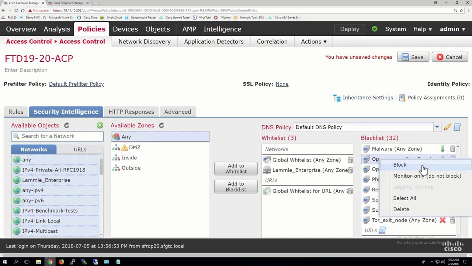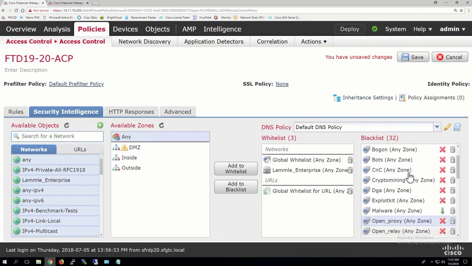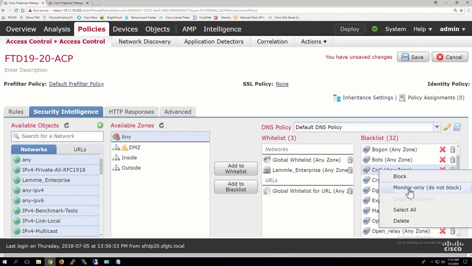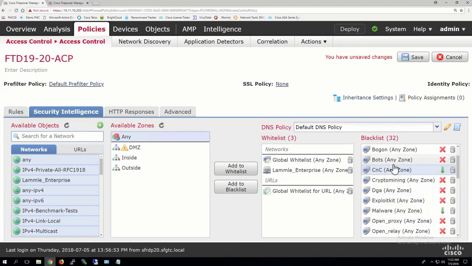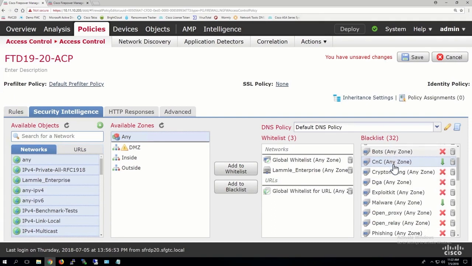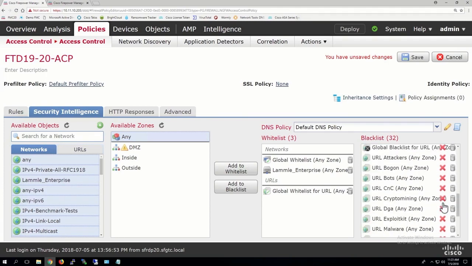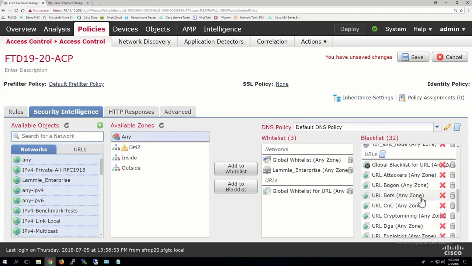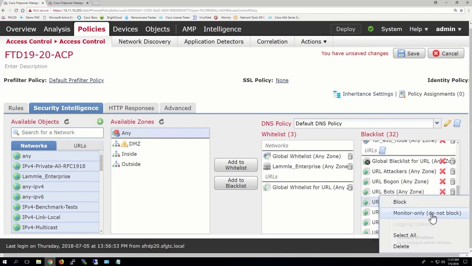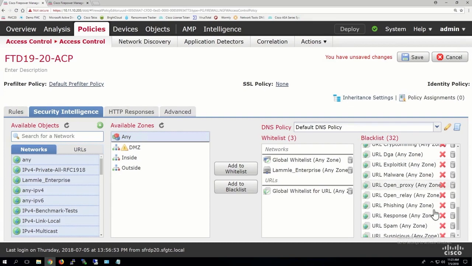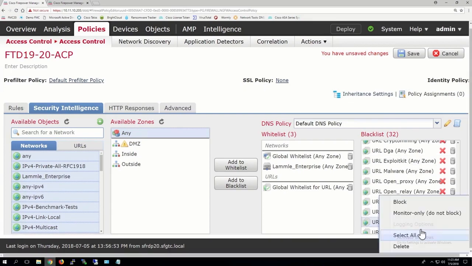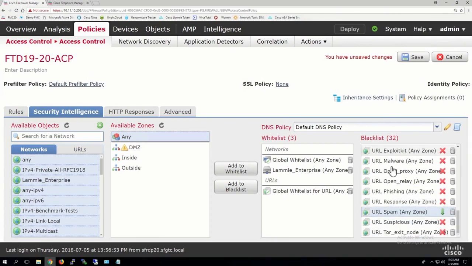I want this one to block because, believe it or not, I want some attacks to get through. The security intelligence is so good that I might not get an IPS event or a file event, something like that I want to get for classroom and training purposes. So I'm going to make these monitor mode, right? That's all it says. Log it and just go on to the next. So we might do the same thing here, right? Under my URLs, monitor only, spam. It's probably good enough. All right, things like that. So that's another way to do it.